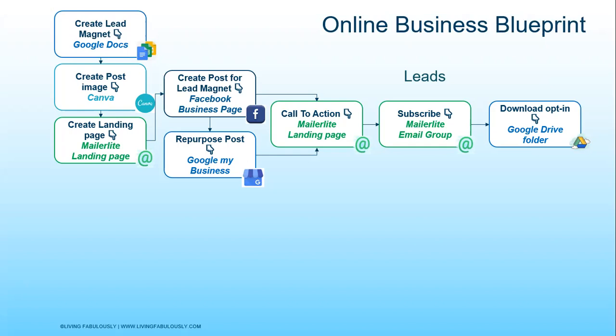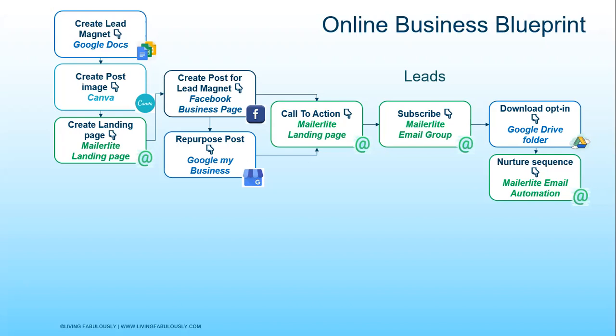And the way that they download that information is they're going to just take a copy of it when they click on that, because you're only sharing it with them not to make edits on it, but just to download it. Next, you look at what we call a nurture sequence in your email system, which I'm recommending MailerLite. So it's a number of emails, probably on average 4, starting with here's how to download your opt-in.